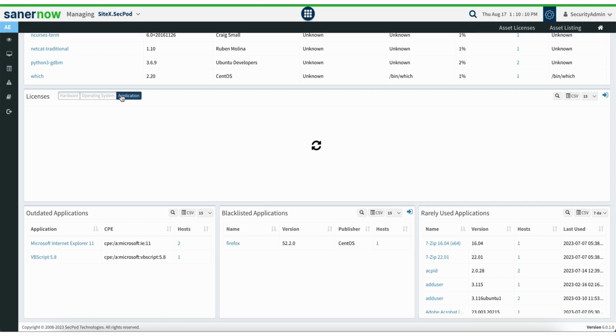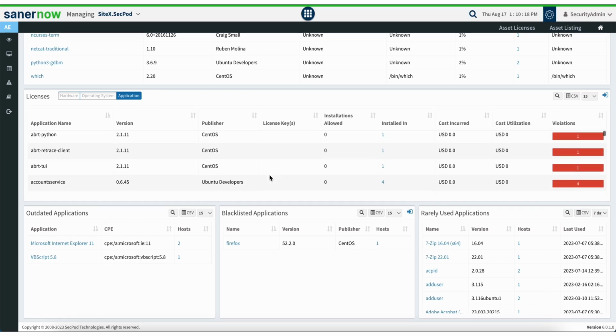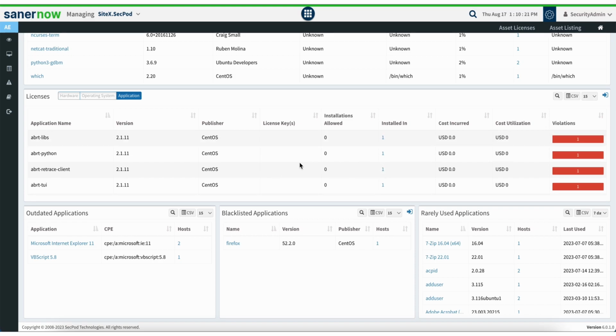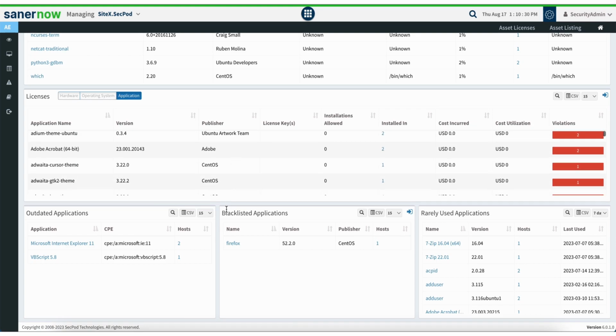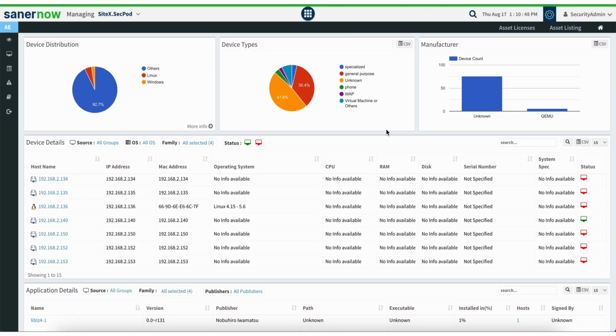If you would like to manage licenses of these applications or operating systems to be used in a specific manner, you can provision that accordingly, and Saner agents follow that protocol to keep auditing that for you. And you have information on outdated applications. If there are any applications that you have blacklisted still being accessed by your machines or users, you would be able to look at that information, as well as any rarely used applications if there are any. So this quick dashboard gives you perspective from an asset monitoring